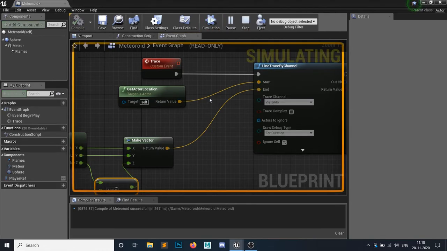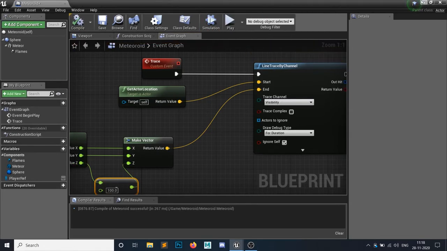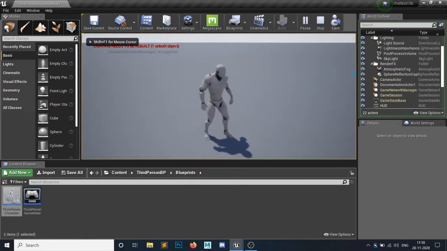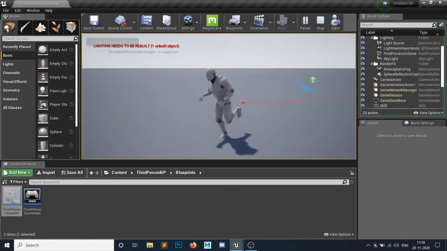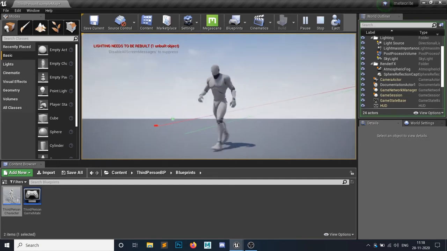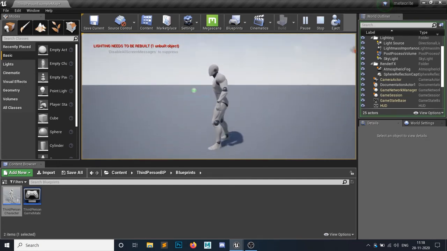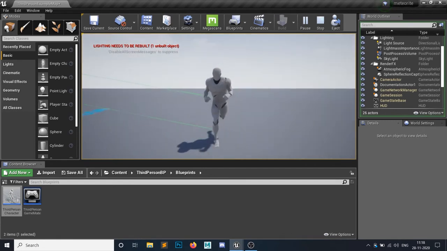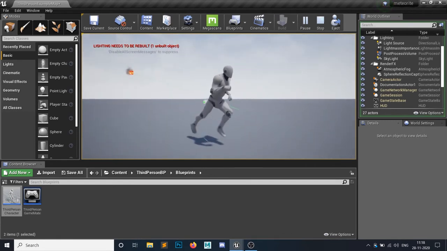So now if I hit play, alright, as you can see, it is simply facing towards wherever my player is, alright, so it is working.